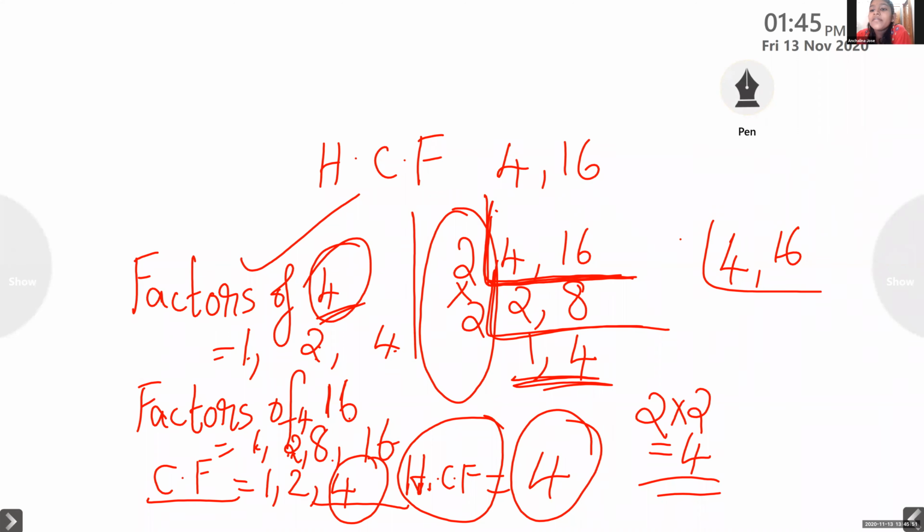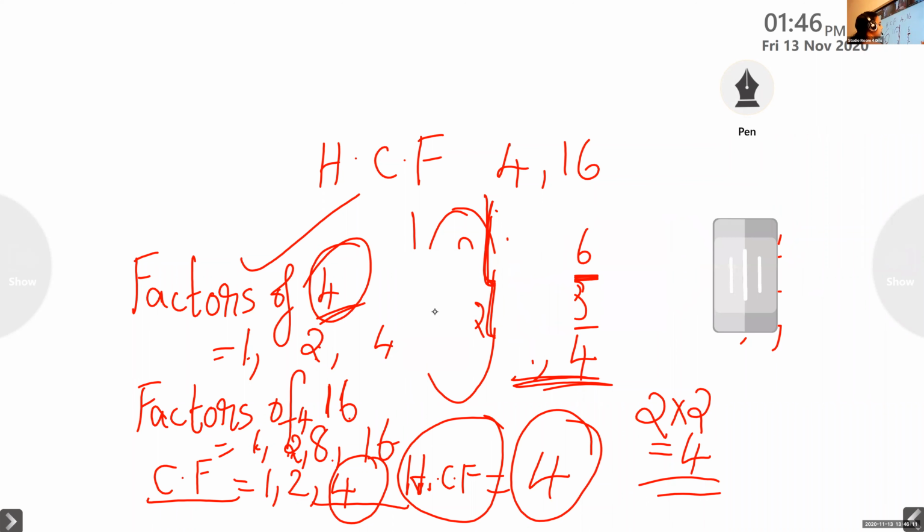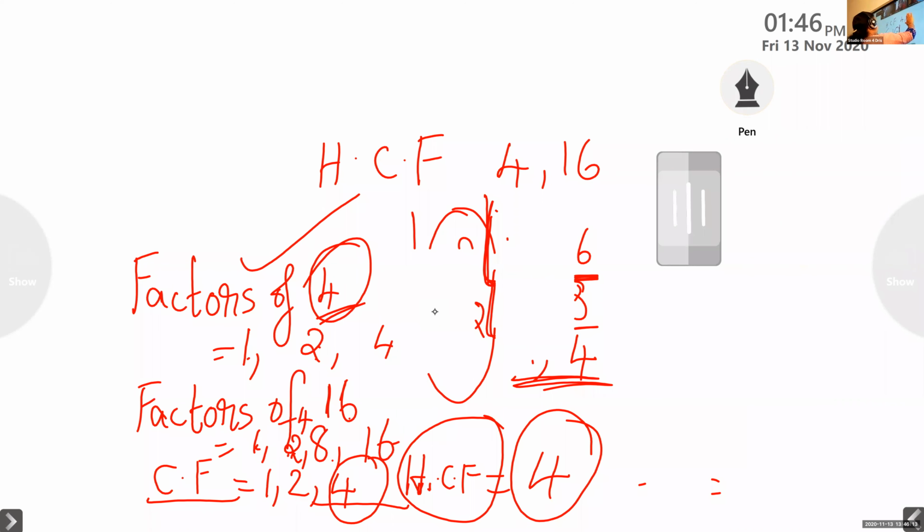One time, if you want to do like this, 4. Yes, ma'am, I am asking that. Okay, we can start with the one time you can take, but we will do prime factorization. Take prime numbers. So you can multiply 2 into 2, 4 here like this. Okay, one more method. If you feel this division method is easy, do one more question.